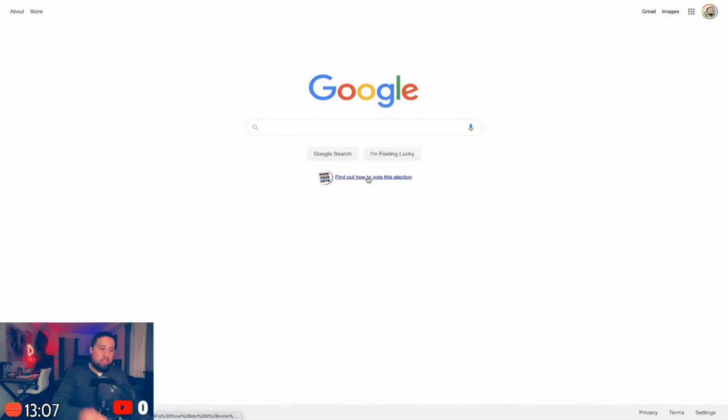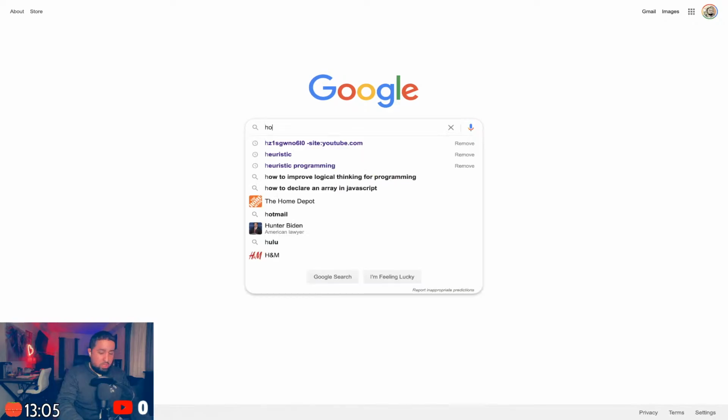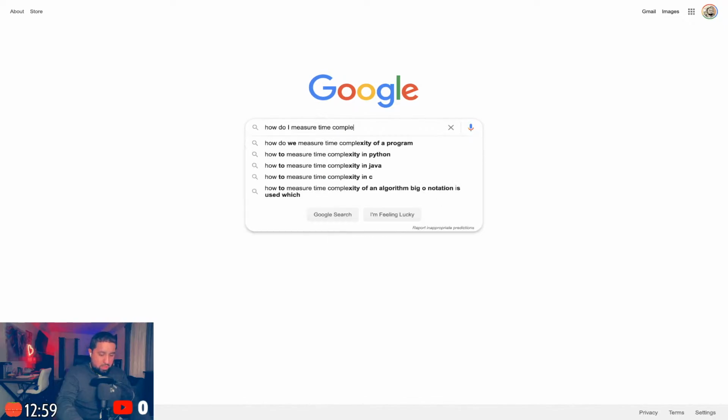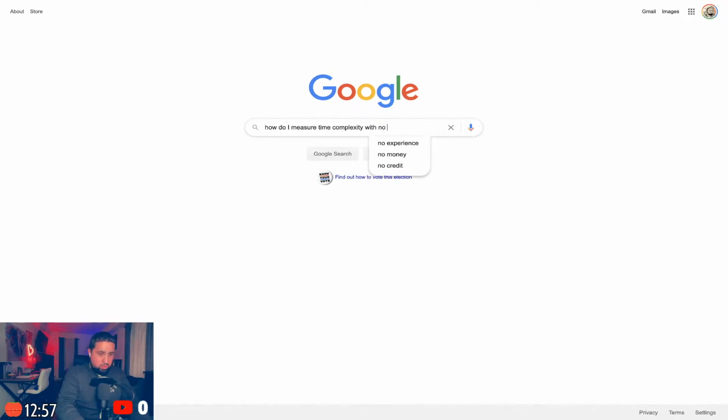So let's ask the question, how do I measure time complexity with no experience? Same, no data structure in my function. That's a long query.